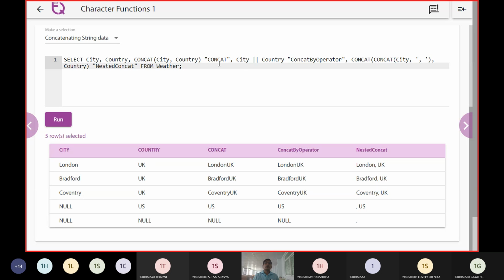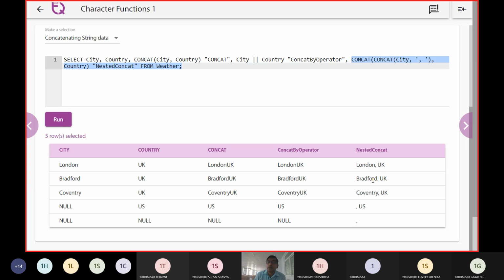Next, we are going to say city and country. We should have some space here. So we are going to concatenate these two things with a comma here. You can see at this end, concat city, comma, country.